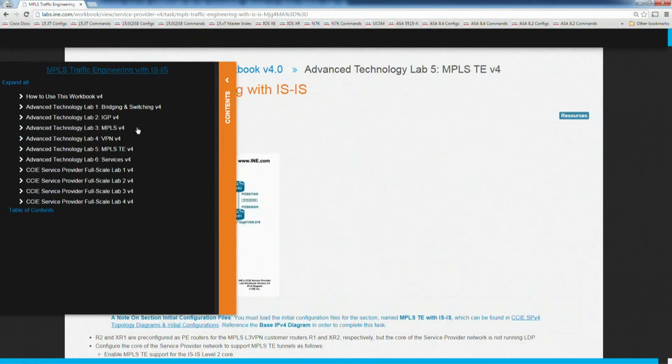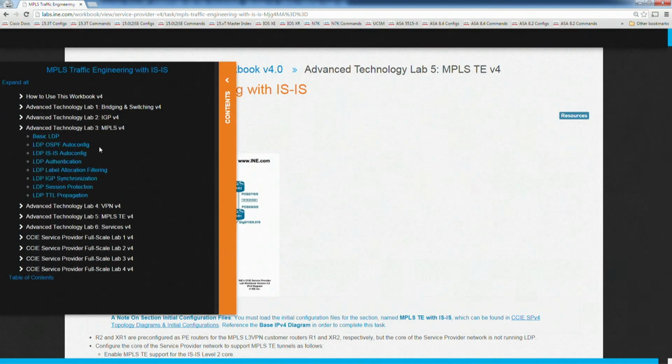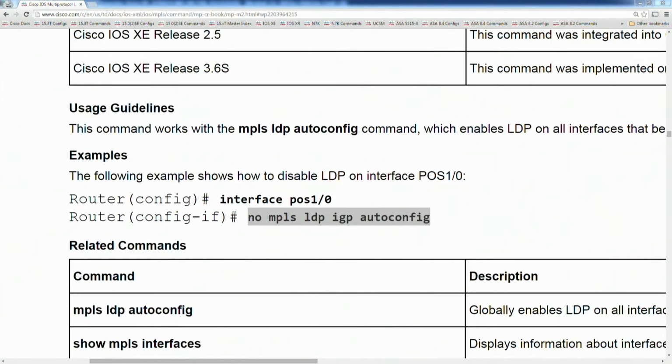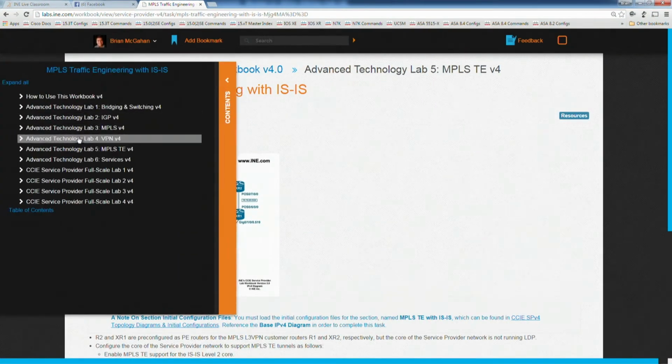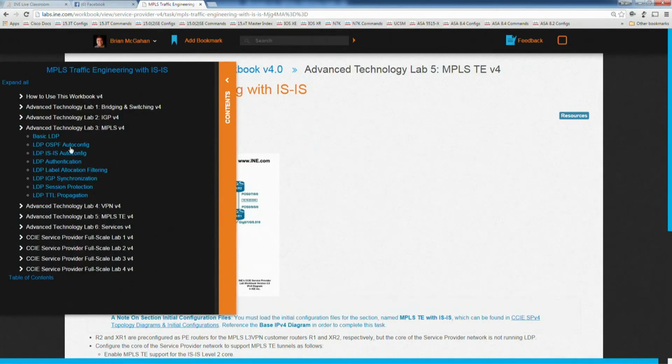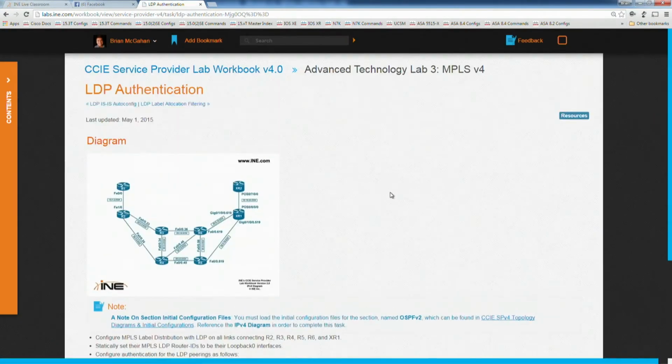Otherwise, in our case, this would be LDP authentication. So under MPLS, under LDP authentication,